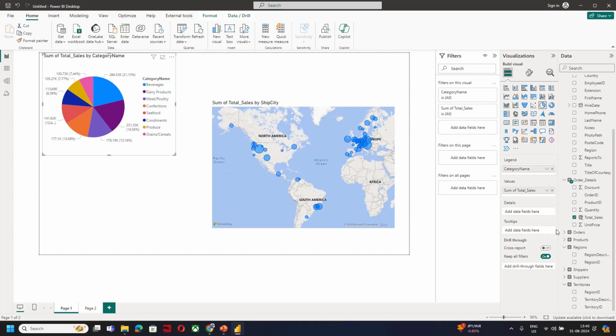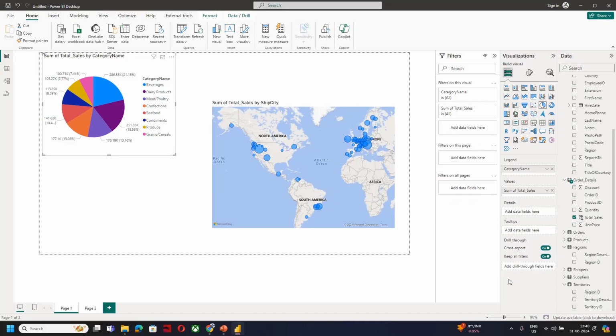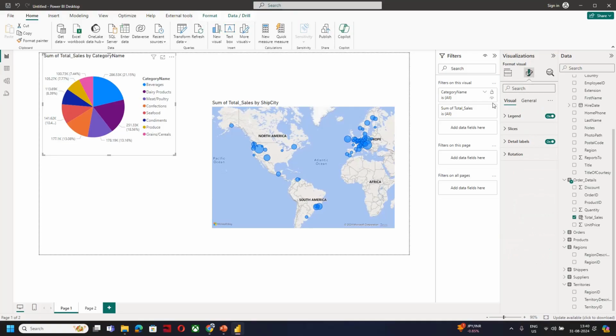सो यहाँ पे आप टूल टिप के अंदर फील्ड डाल सकते हो, जैसे कि मैंने यूनिट प्राइस यहाँ पे डाल दिया। जब मैं इस पर होवर करता हूँ ना तो मुझे यहाँ पे यूनिट प्राइस लिख के आता है। तो उसकी जगह अगर जो मुझे रिपोर्ट डालनी है या कुछ और दिखाना है, सो हाउ डू वी शो इट, दिस विल यू लर्न। जैसे कि मैंने आपको अभी थोड़ी देर पहले एक डैशबोर्ड में दिखाया था, राइट, कि कैसे हम लोग वहाँ पे